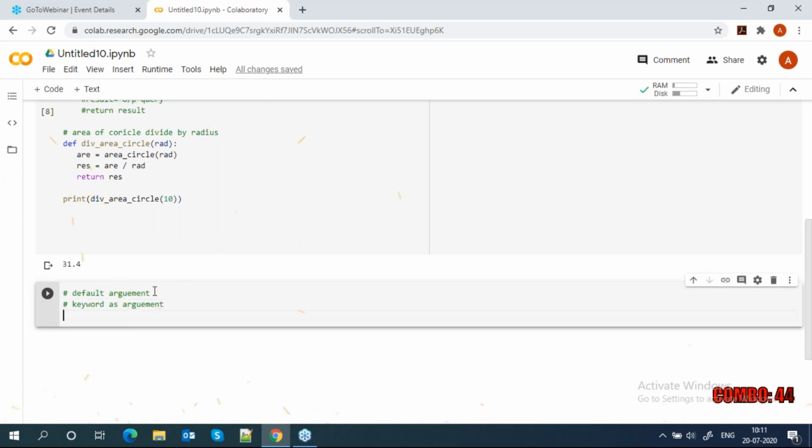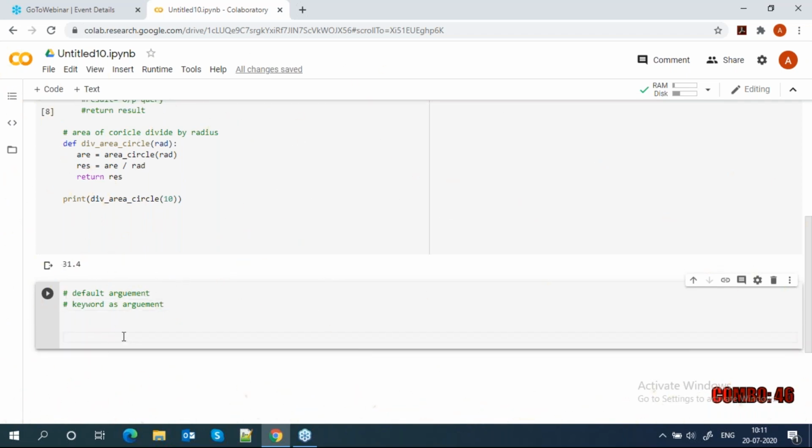Then what is a default argument and what is a keyword argument? Let's take the same example, area of circle, or we can take an example of a square.